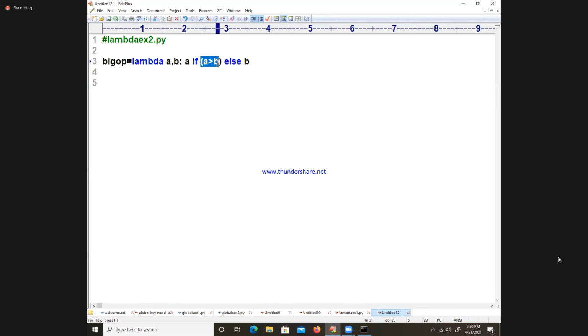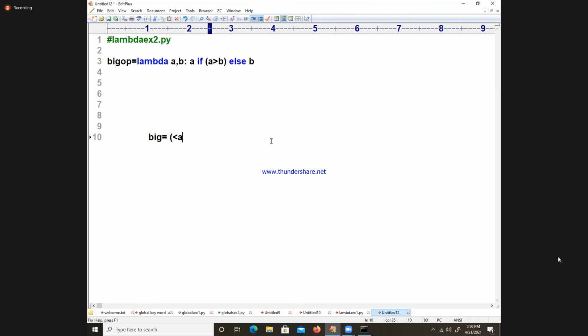One condition, one evaluation, second value, and then third value. It is similar to what we write in C language: big is equal to a greater than b, question mark a, colon b. It is called a ternary operator.